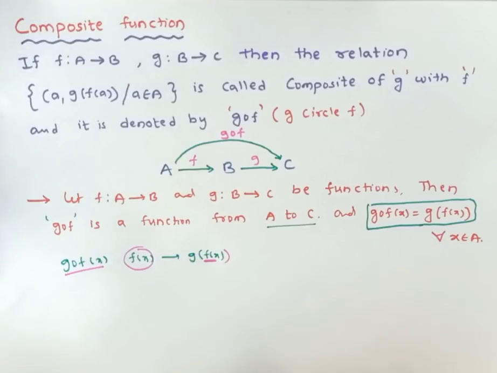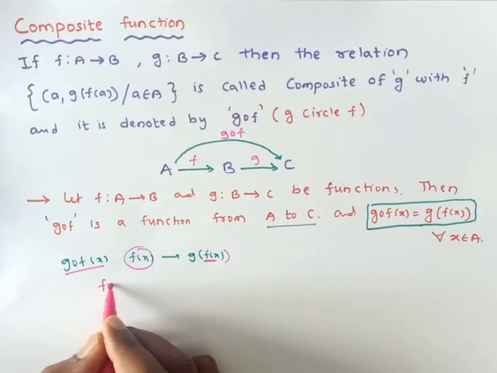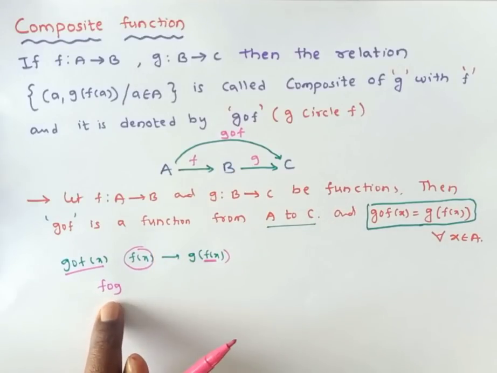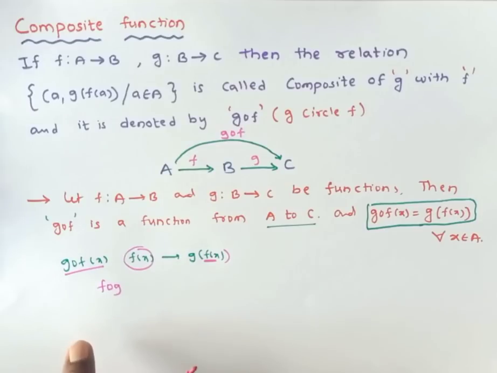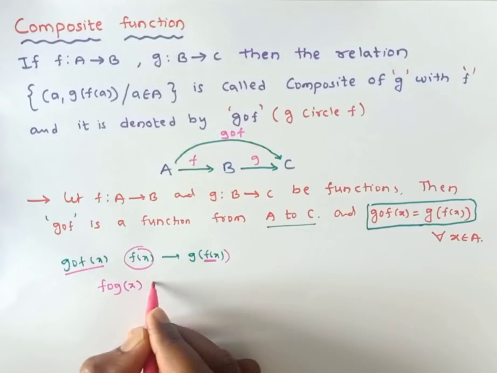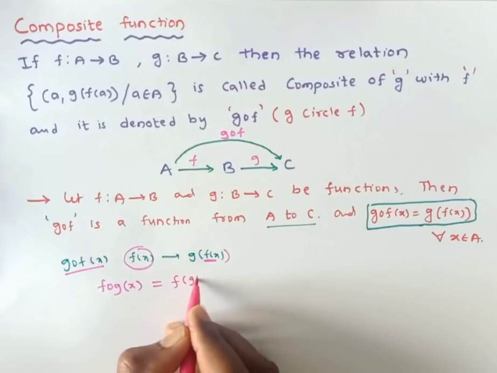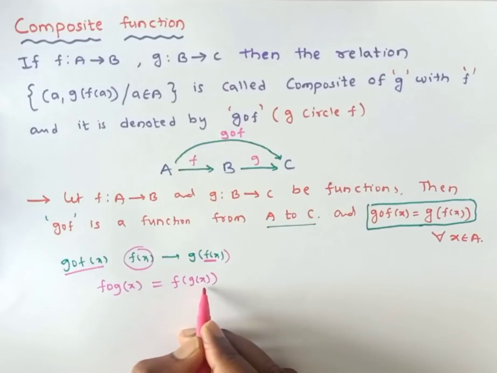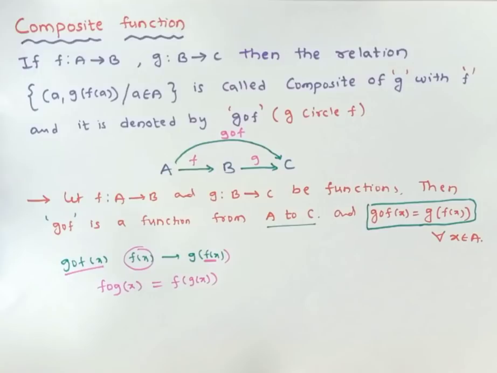For f compose g, you can evaluate f compose g also, in the reverse process. To evaluate f compose g, we reverse the order, meaning f of g of x. If it is f circle g of x, that is f of g of x. Means first you need to find g of x, then f of g of x. So let's see how to evaluate the composition between two functions.